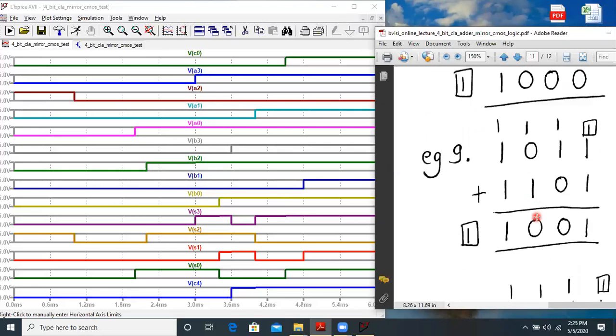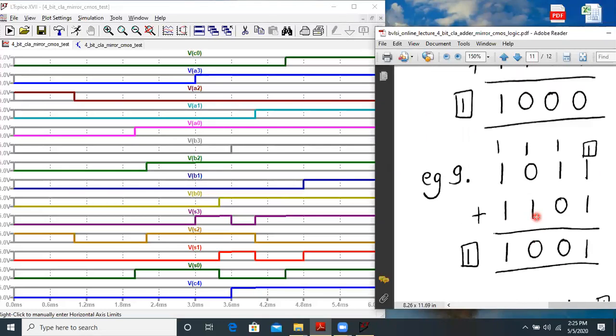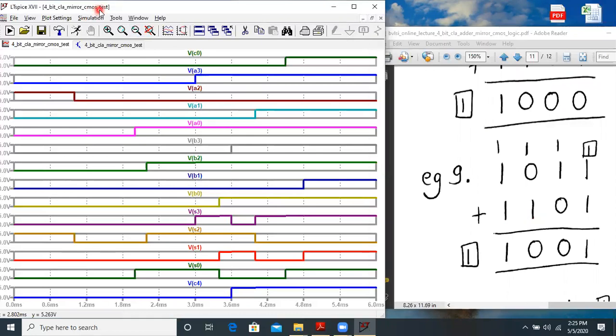Now we'll check the next condition, that is the second last condition, the ninth condition. Let us go back to our design. So it is from 4.4 to 4.8 millisecond. Here we have carry bit as 1, so that will be interesting. So carry C0 is 1, initial carry. A3 to A0 we have 1, 0, 1, 1. It is correctly written on the right hand side of your screen in the PDF form. And B3 to B0 is 1, 1, 0, 1. Again it is correctly written.